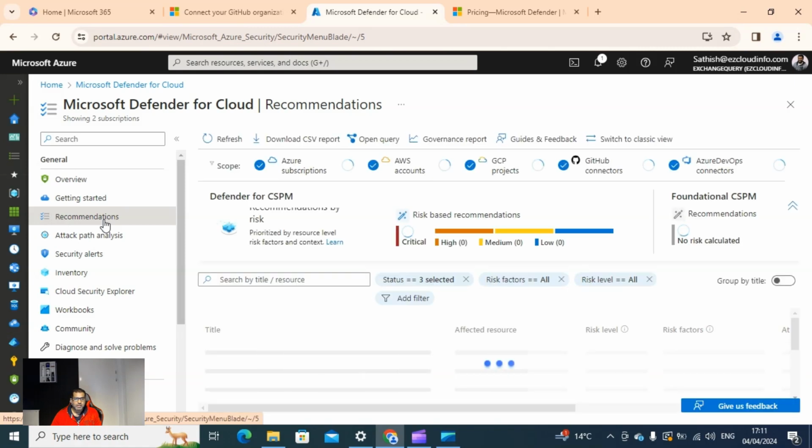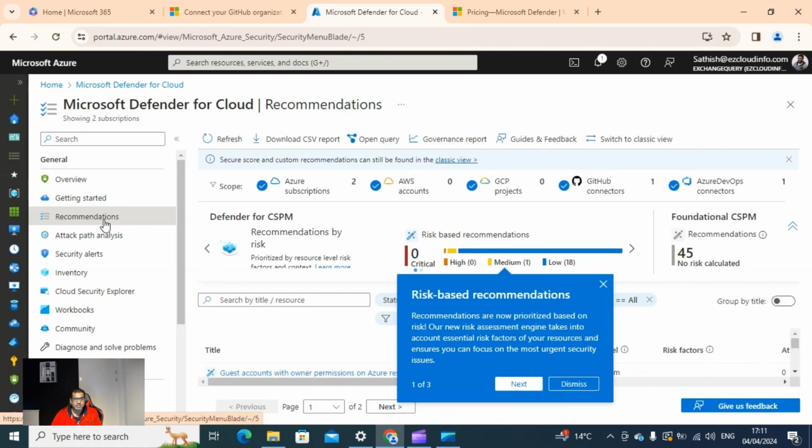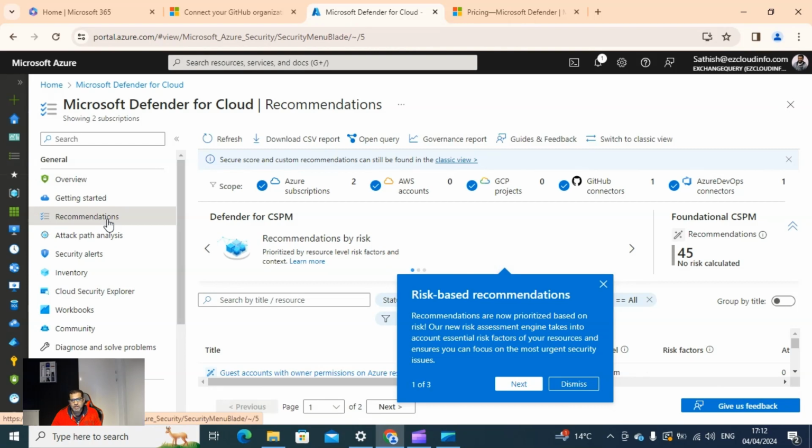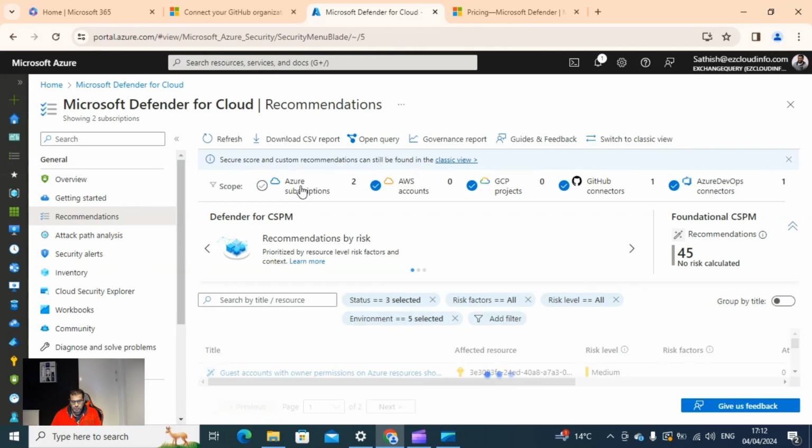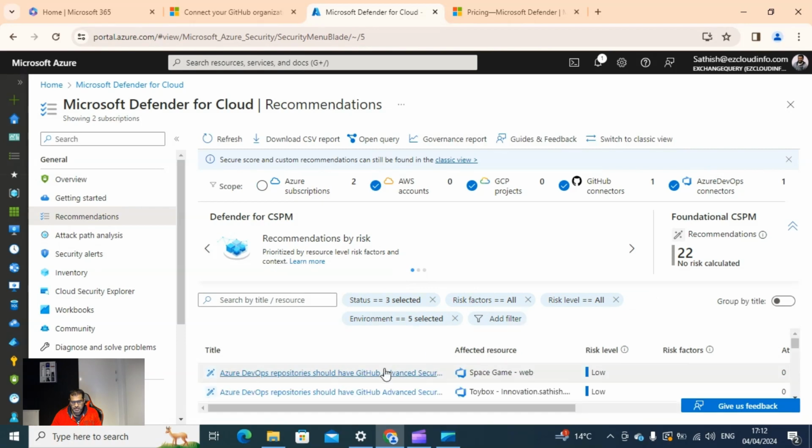And the next tab is the place where you get the recommendations. These are the security recommendations, a list of actionable items that help you improve your security posture. These recommendations are based on industry best practices, compliance standards, and Microsoft security intelligence. Yeah, this is using the Microsoft Threat Intelligence database. As a result of that, the value is compared, and it gives you the best recommendation as a regular practice. If you see here, I have two Azure subscriptions connected, and if I scroll down,